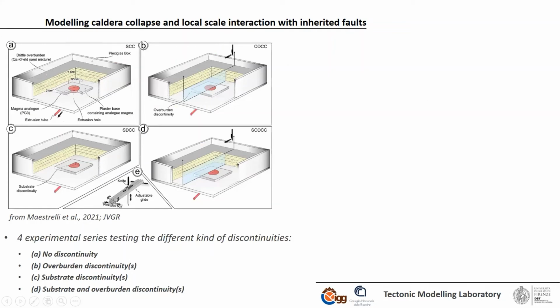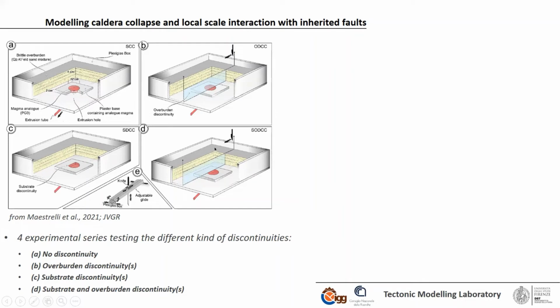A first one taken as reference, again with no discontinuity, as in the case of the large-scale regional modeling, with no discontinuities introduced in the setup. And the setup is basically represented by a magma chamber placed below a sequence of brittle material simulating the overburden. Then we can drain out the magma chamber from the bottom,